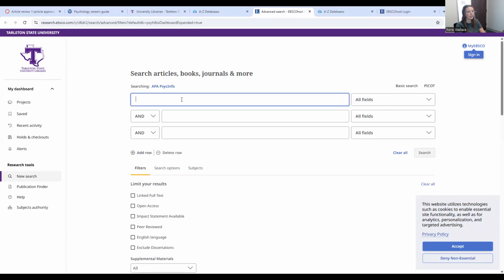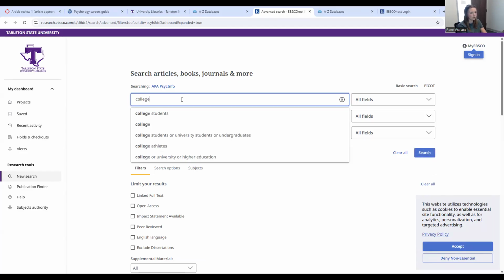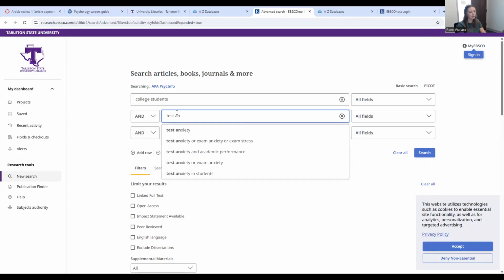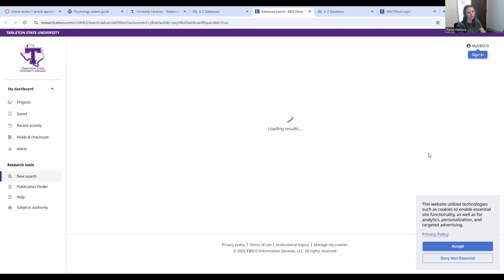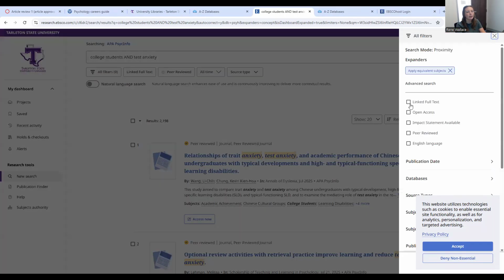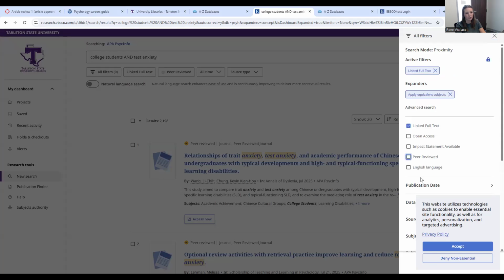Okay, so just anything at all that you're interested in. You can write about anything you want for these article reviews as long as the research is correct. For this one, it's quantitative research. So maybe I'm interested in college students and anxiety research. And a bajillion articles are going to come up. But I remember that I need to have the full text, so I'm going to click all filters, full text. It has to be peer reviewed.